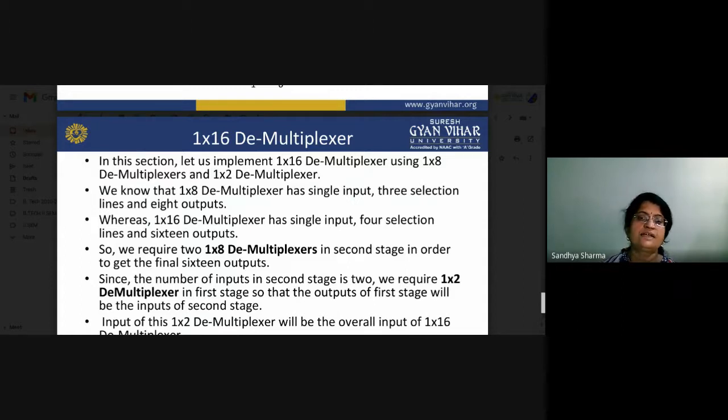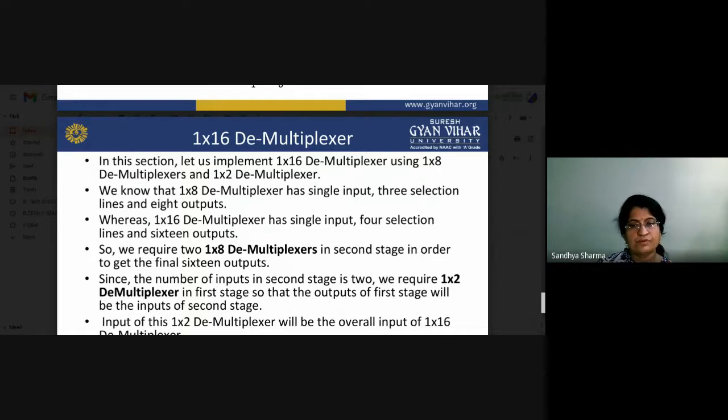A 1 raised to 16 demultiplexer has a single input, 4 selection lines and 16 outputs. So we require two 1 raised to 8 demultiplexers in the second stage, and in this way we can get the 16 outputs.